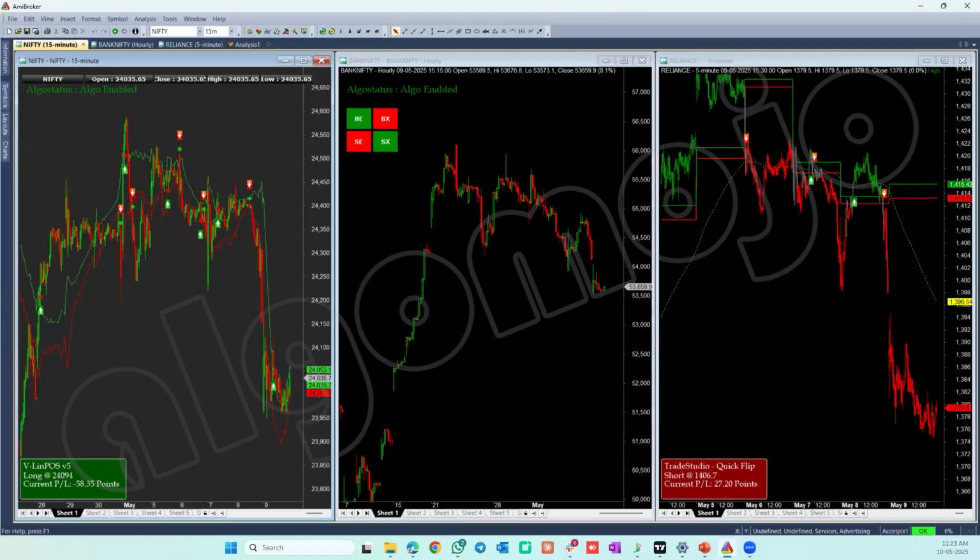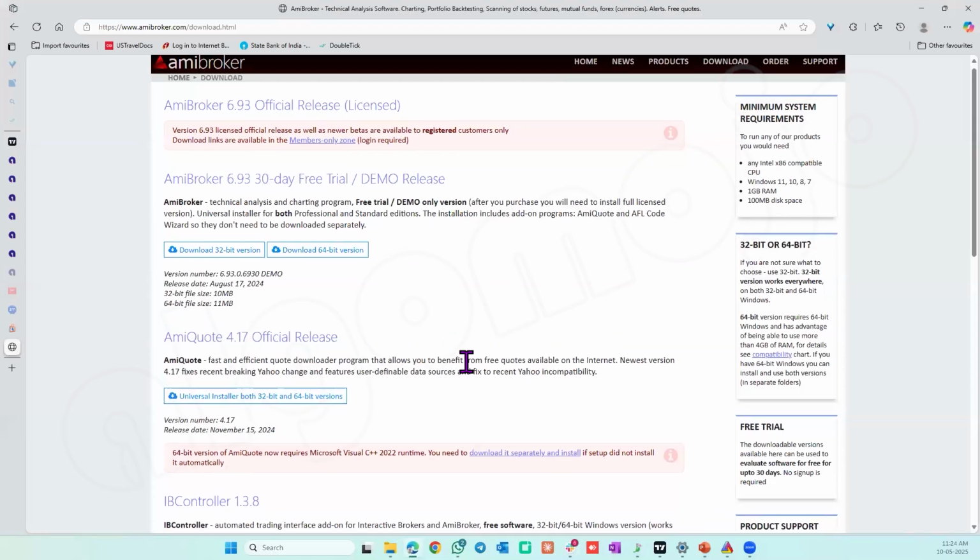If it is a simple thing that you're using, then free. You can start with the free version, and then once you get an experience of how to use Amibroker, you can definitely start going for a paid version. And it's not very expensive. I think